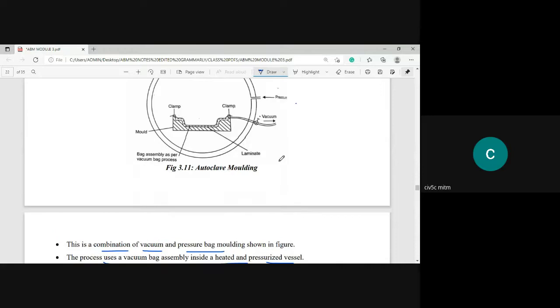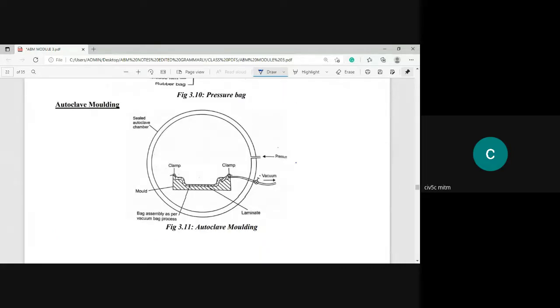So this is the chamber. Inside the chamber, you can see the same mold, the release film, the laminate, everything. They are going to clamp it, and to this they supply the vacuum pressure. The entire assembly is sealed in the autoclave chamber. I hope you know the meaning of autoclave chamber.